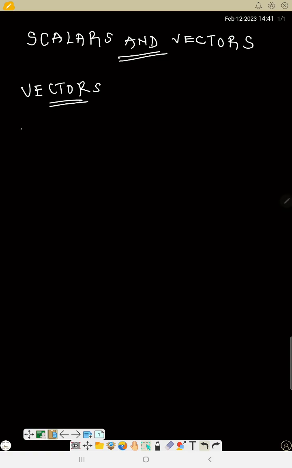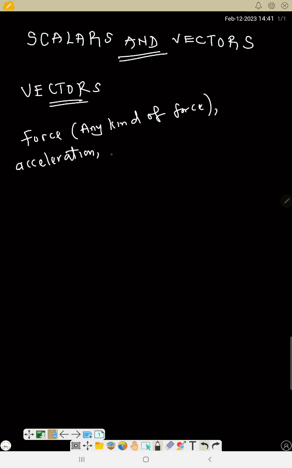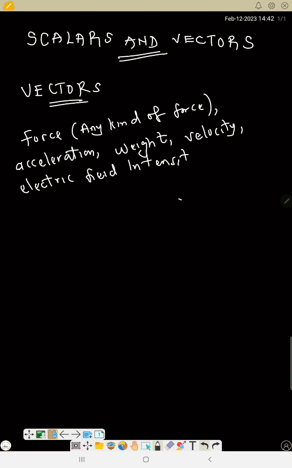Examples of vector quantities are force, any kind of force, meaning any kind of force is a vector, acceleration, weight, velocity, electric field intensity, centrifugal force,